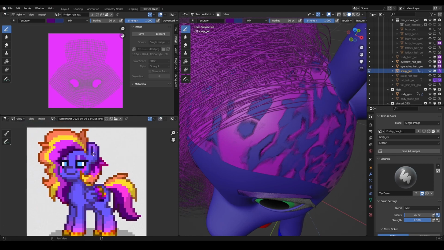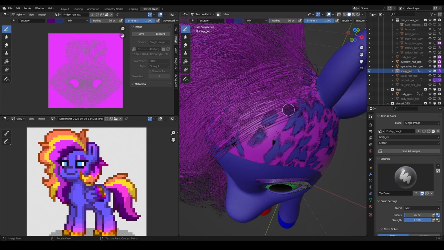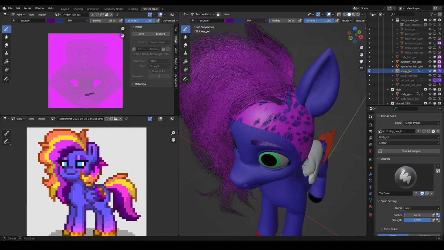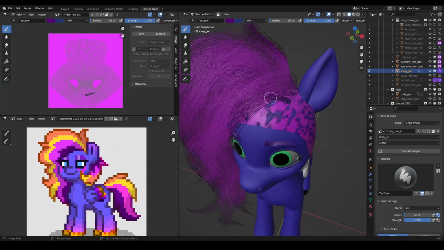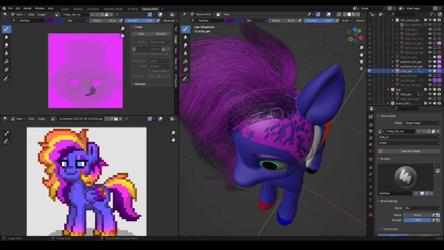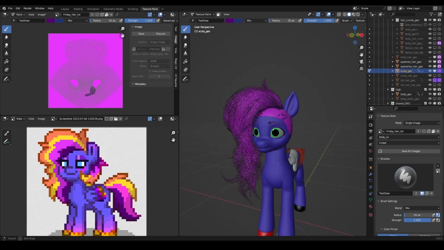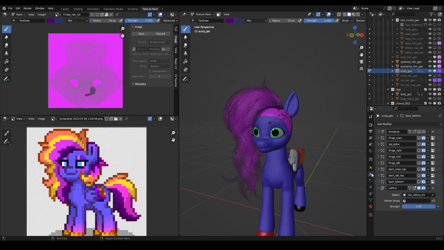Can I do this? Yes. Okay. Let's see. Okay, good. See, it's like coloring the hair, but it's wrong. That's not the hair I want to be this color. It's more these hair then. Aha. Okay, I'll go back